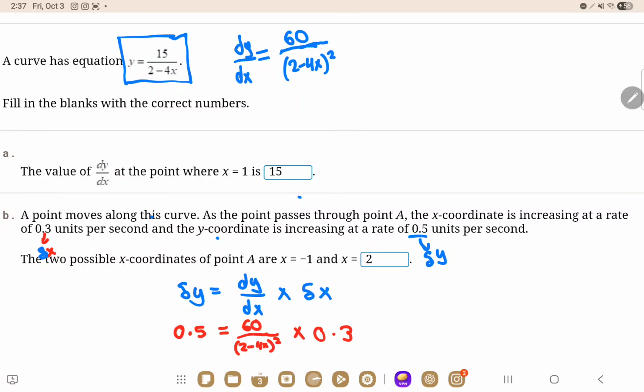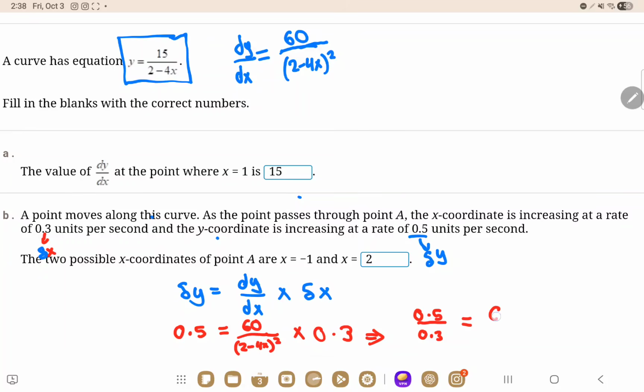Next, we're going to put the thing with x on one side, and 0.5 and 0.3 on the other. So it's 0.5 divided by 0.3, because to get rid of it from both sides of the equation, you divide by 0.3 on both